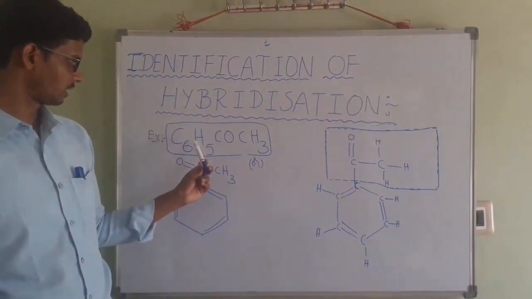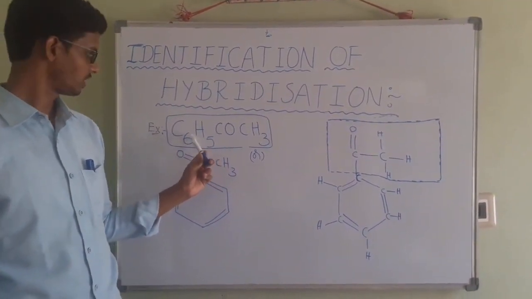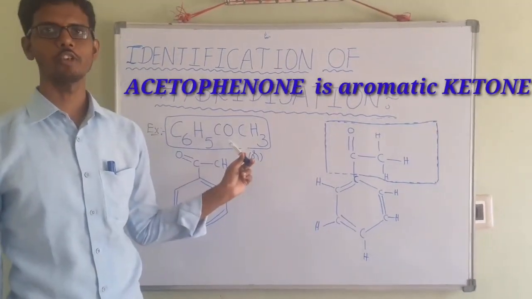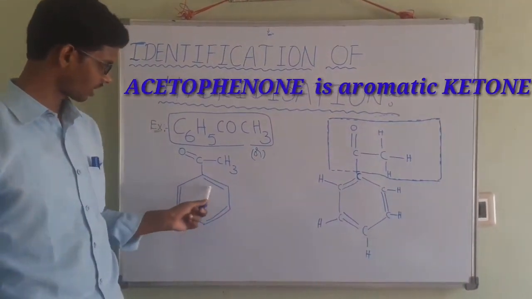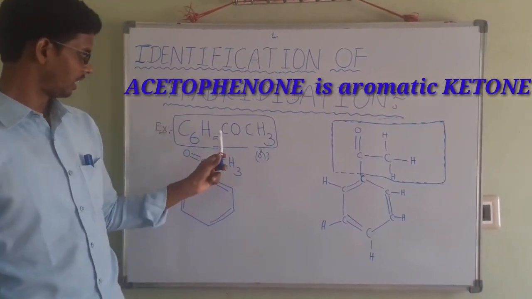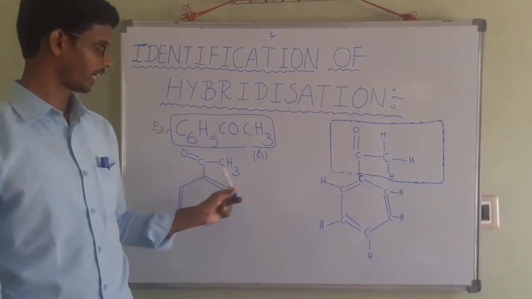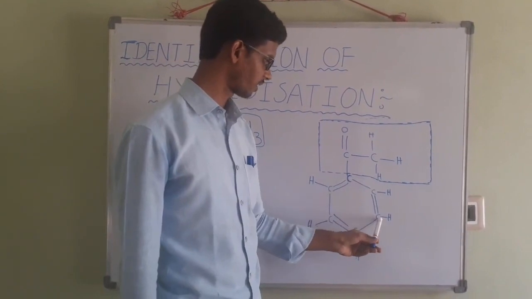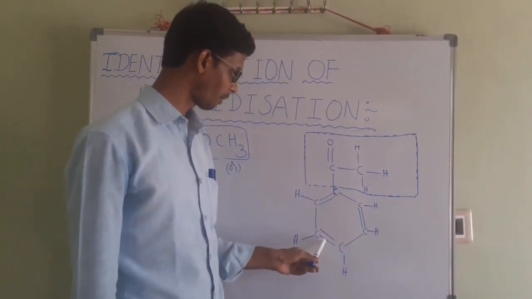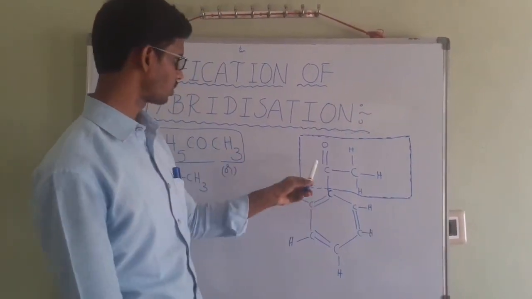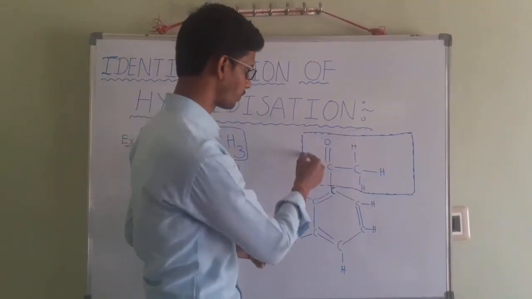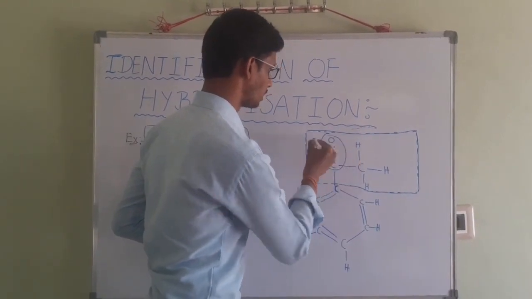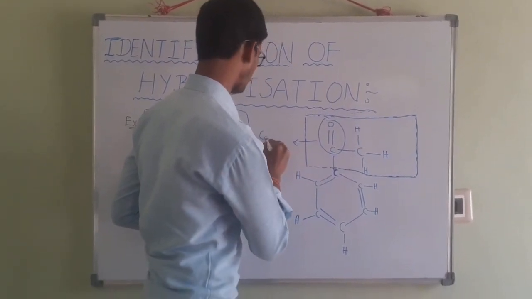Next example. This is also an aromatic compound, C6H5COCH3. Its name is generally acetophenone. It also consists of a benzene ring. These two are the expanded structures of acetophenone. Let us see the structure of acetophenone in detail. This is the elaborated benzene structure. This is the COCH3 functional group. CO is called the carbonyl functional group.